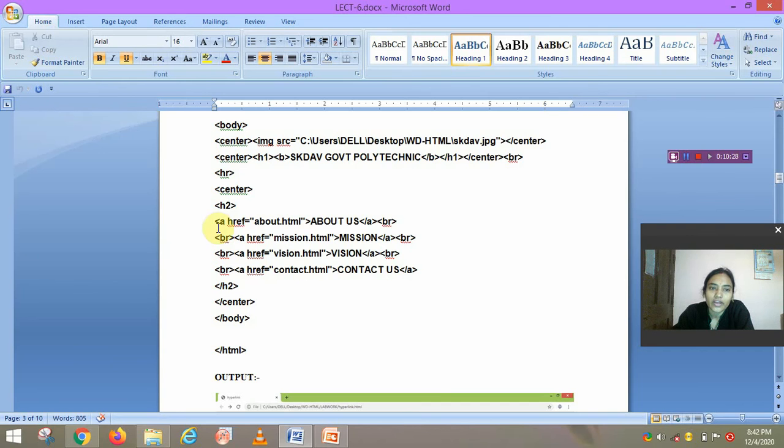Then we write a href, that means the hyperlink anchor tag, href equals about.html within double quotes, and close the angle bracket. Then we write about us, which is our link text. Then we close the tag, then a line break.